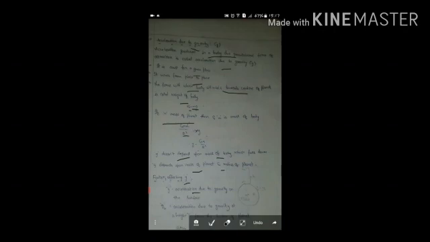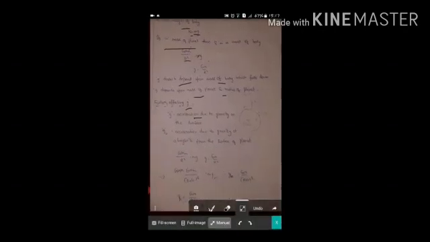Factors affecting g. Small g is equal to acceleration due to gravity on the surface, and gh is equal to acceleration due to gravity at a height h. Actually it is gh, okay, don't think of it as gn, it is gh. Acceleration due to gravity at a height h from the surface of the planet. Here is the mass of the planet, here is the mass of a body, and the distance between the surface of this planet and the mass is h, and we can write this as gh.